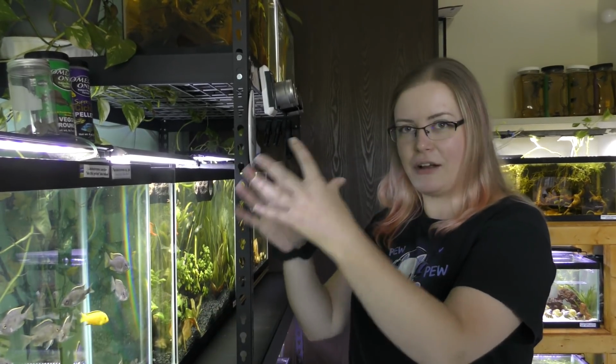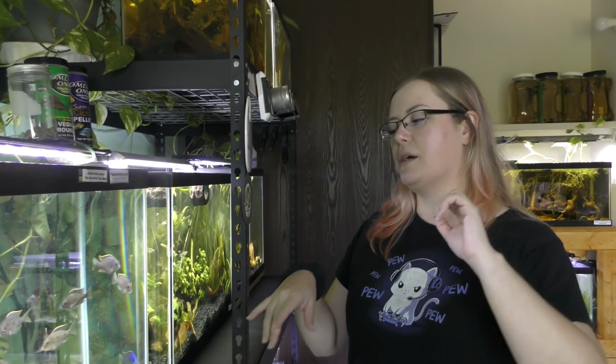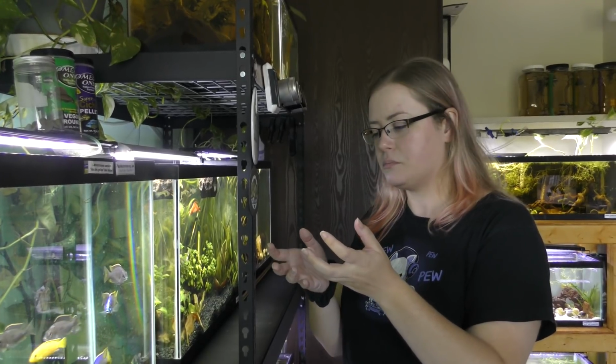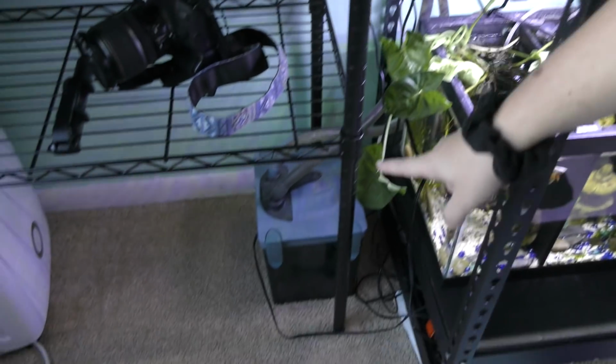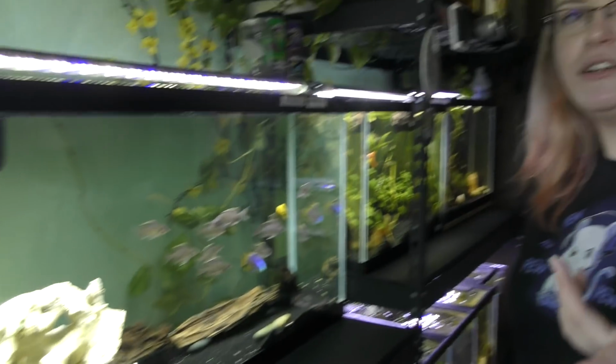Yeah. So after I bred that group, I wanted to grow these guys up because another club member, Mike Hefford, had a huge group, and I actually had more of these guys, but I recently sold them because he was like, take them because I have so many and my grow outs are full. So this was the grow out group. And then this little guy, when the female spit out the babies and the other fish ate all the other babies, he swam into the canister filter, which is over there, and he lived there for at least a month. No way. And then because I clean out the canister filter once a month, so when I open